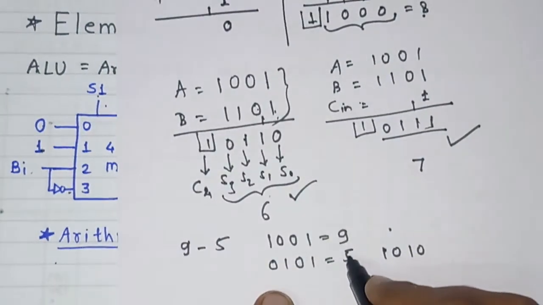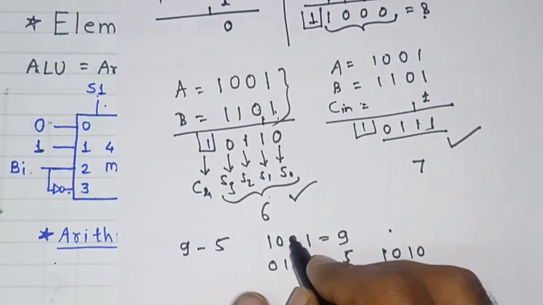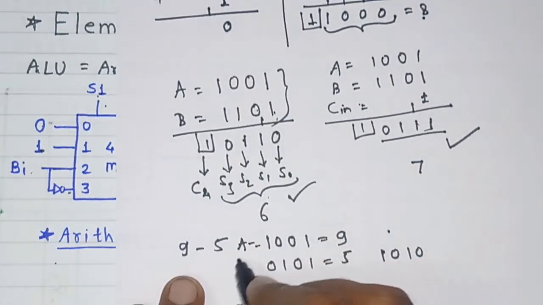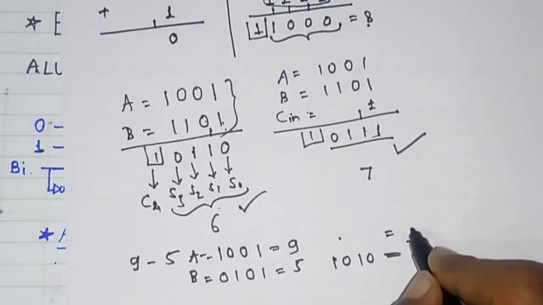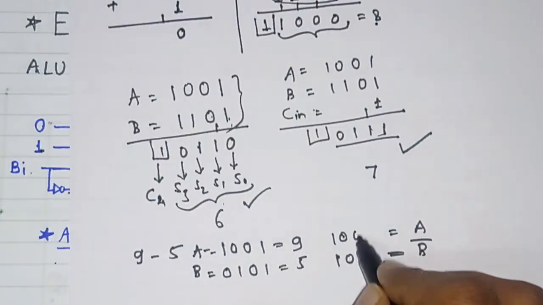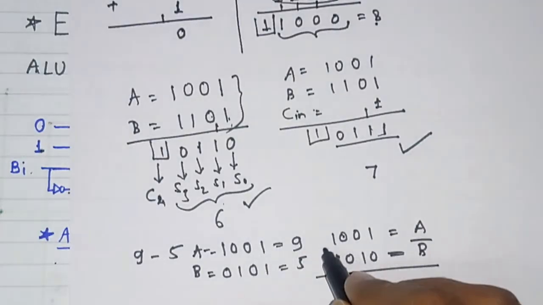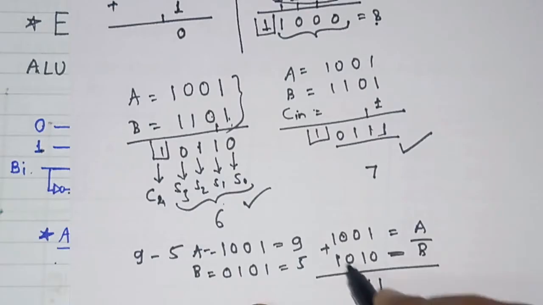So what we do is add this ai value and the b complemented value using this full adder. So complement of 5 is taken as 1010 and it should be added with the a value. So this is our a and this is our b bar. Now 9 is written as 1001 and it should be added. So what is the answer? 1 plus 0 is 1, 0 plus 1 is 1, 0 plus 0 is 0, 1 plus 1 is 0 carry 1. Now what is this magnitude? This magnitude is 3.